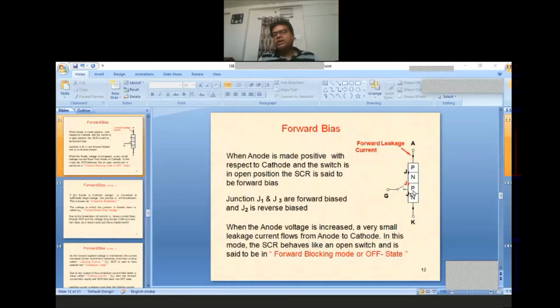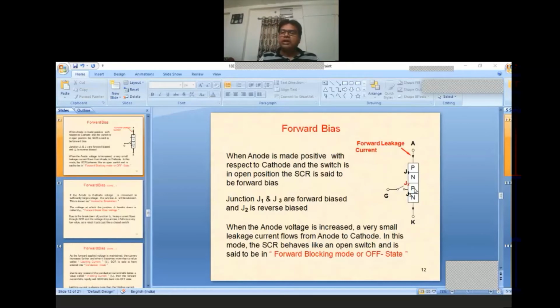Because of this, there starts a heavy increase of flow from anode to cathode direction. Before that, the current flowing from anode to cathode was there, but it was less. But due to this added current flow, it goes on increasing. The cumulative action occurs,